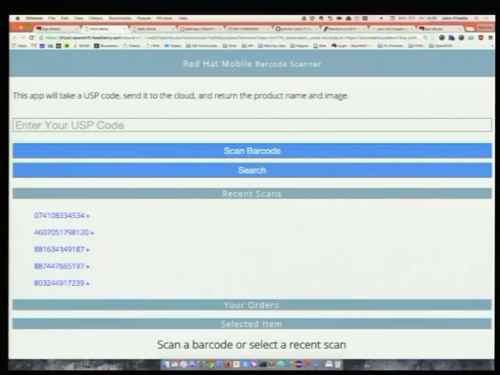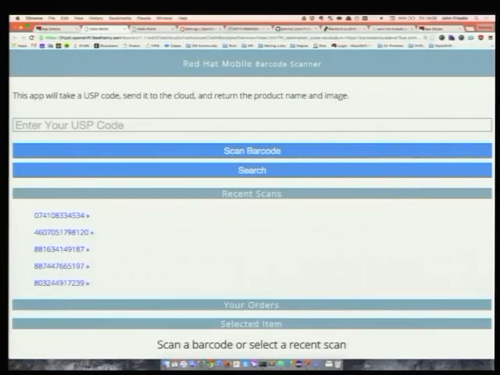So as we click on each of these, what's happening is this client application is making an API call to that Node.js guy in the middle, who in turn is mediating the call out to the barcode service to make that SOAP request and get the data back. It then pulls the image URL out and it makes a call to the image service to get a base64 version of the image back. We build all of that up as a JSON object and send the whole thing back. So we're getting everything we need back to the client in a single HTTP request. Along the way, we strip out any data that comes back from Search UPC that we don't want or need to keep the payload as small as possible going back into the client application.